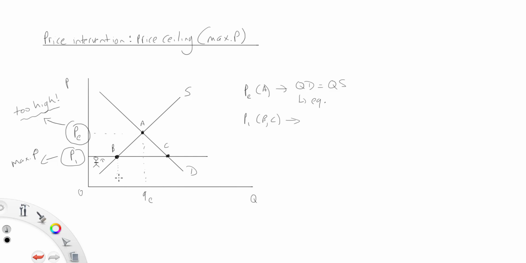If we take point B down, we're looking at here, okay, so B is on the supply curve, so point B is quantity supplied. So then I've got a situation here where point C, I can see point C relates to demand, so this is quantity demanded. So at price 1, I have a situation now where quantity demanded is greater than quantity supplied. So what I have at this point, rather than equilibrium, I have excess